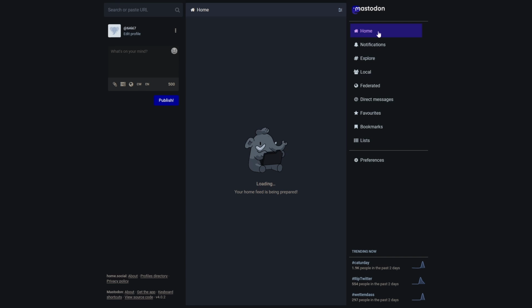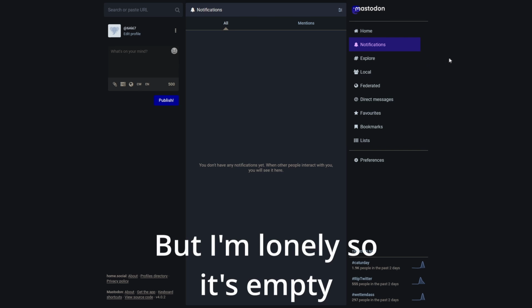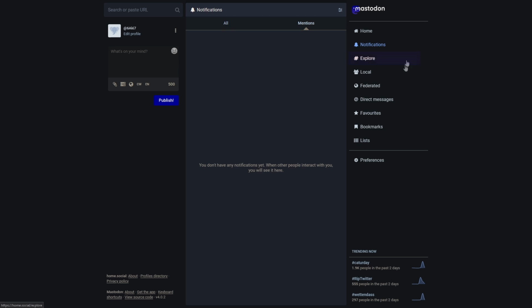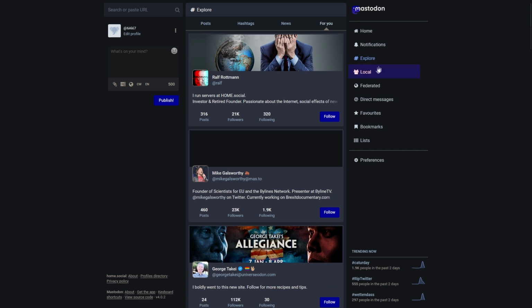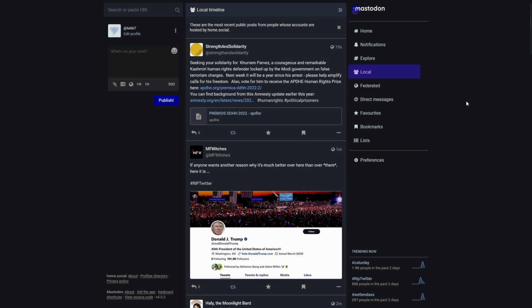The home feed is where the posts from the people you follow show up. In the notifications tab, you can view your notifications and you can view your mentions. In the explore tab, you can see the most viral posts, hashtags, and news, and the things Mastodon thinks you would like. In the local tab, you can view the most recent posts from other people in your base